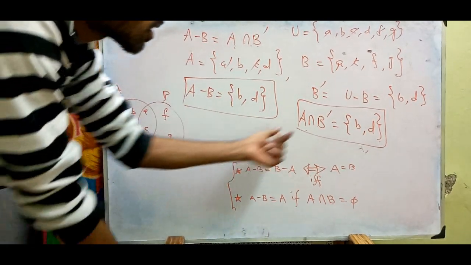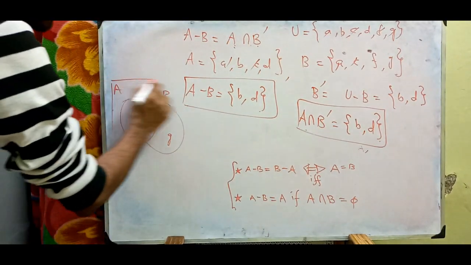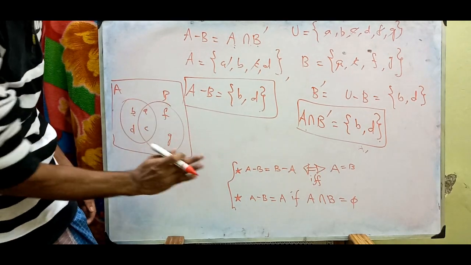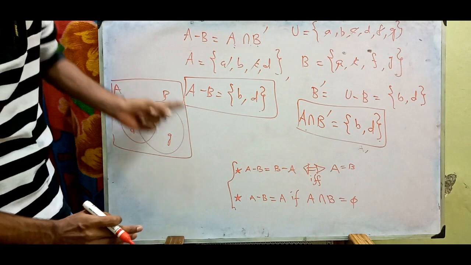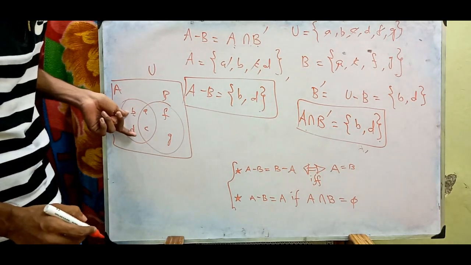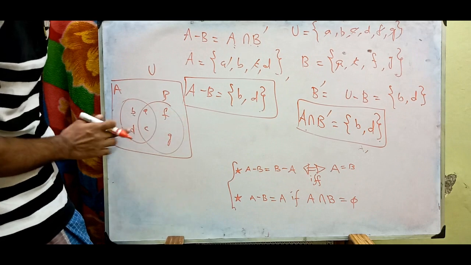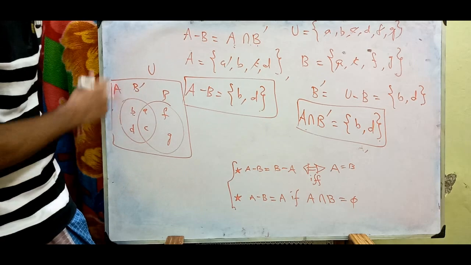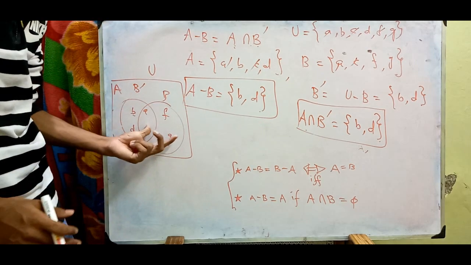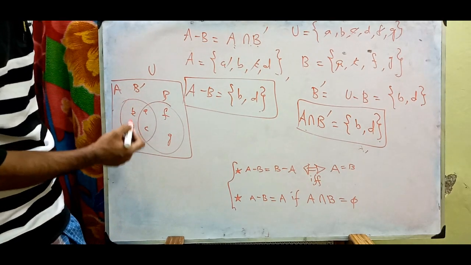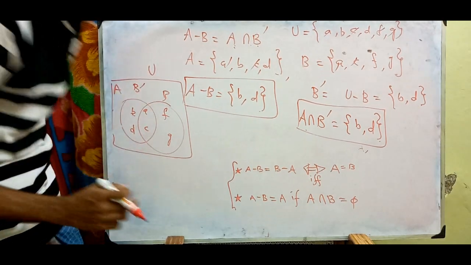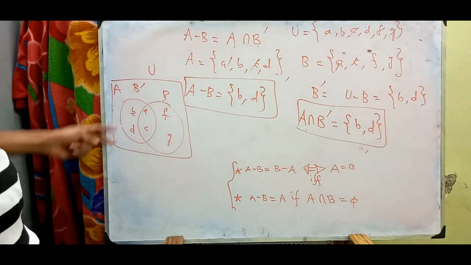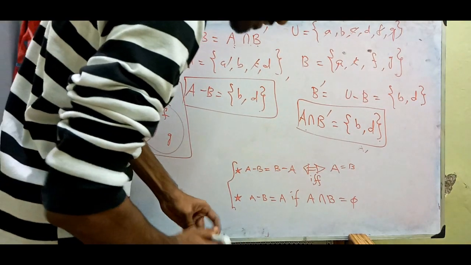So that is A minus B. And also for A intersection B dash, if I remove this part alone, everything which belongs to U is B dash. What if I remove this B, what do I get here? Apart from B, the whole remaining thing inside U is B dash. So B dash we have b and d. Now intersect this B dash with A, and we get the same thing, b comma d itself. Got it?